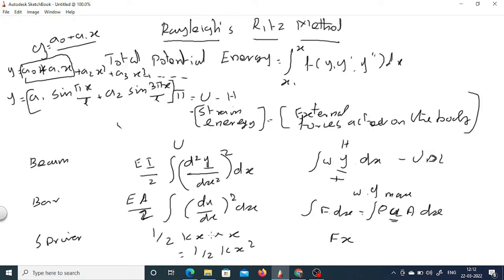These are all the formulas we can utilize to determine the total potential energy for solving complex structural problems with the Rayleigh-Ritz method, which is also called the variational method. So the Rayleigh-Ritz method is one of the variational approaches. So these are all the equations we utilize to solve the problem. So important